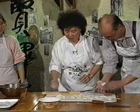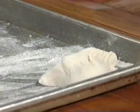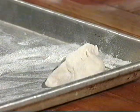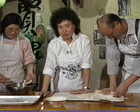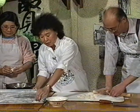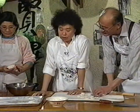And make it stand well. And put on the lightly floured pans. Because we are making 30 or 40, even 50 or 60 at one time, we never really can finish in one shot. Or sometimes we want to save for tomorrow. But if you put them on the lightly floured pans and put them in the freezer, it stays well for the whole